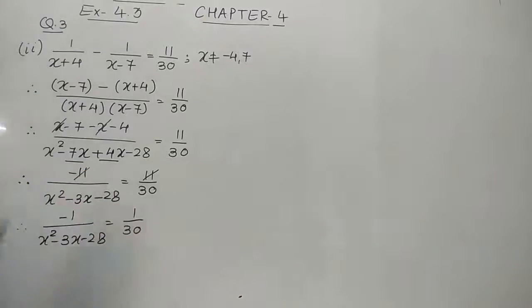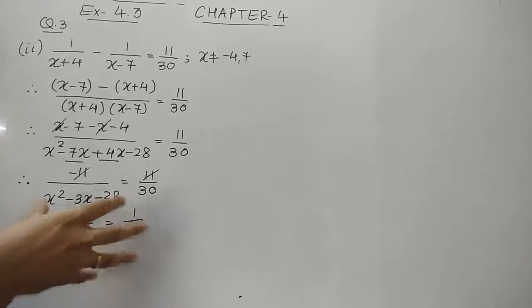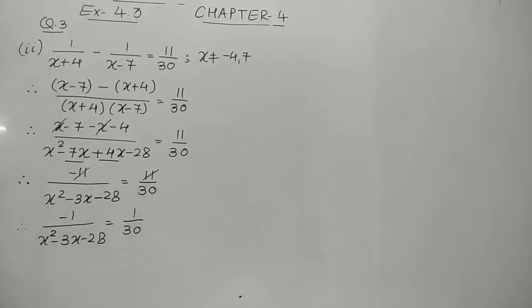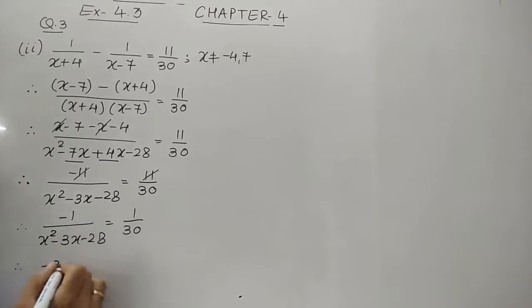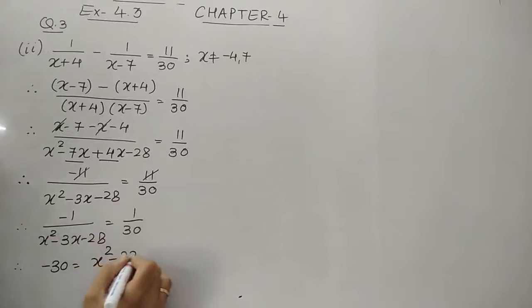Remember students, if you go for the cross multiplication it would be fine. And if you don't do this step, you can directly write the next one. What will the next step be? Yes, this 30 multiplies here with the whole term here. So minus 30. This multiplied with 1, so all the terms remain as they are.